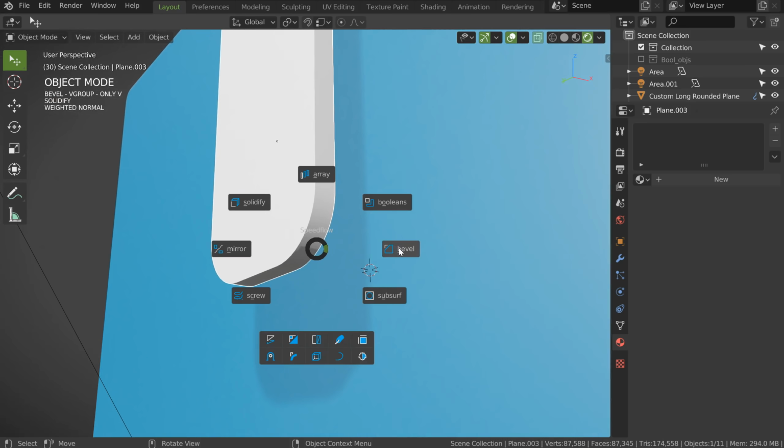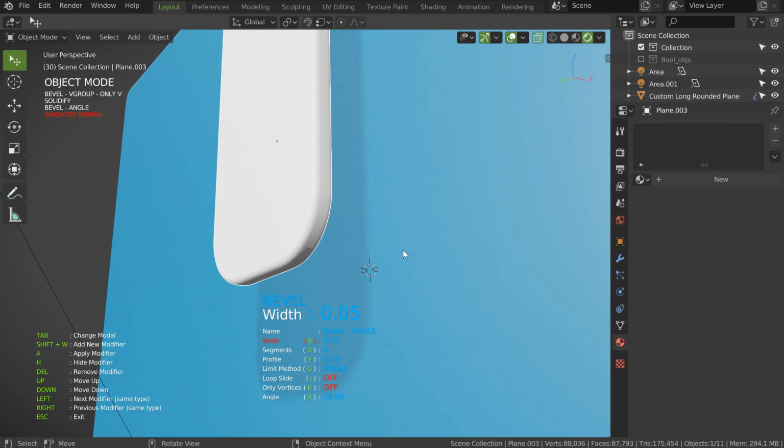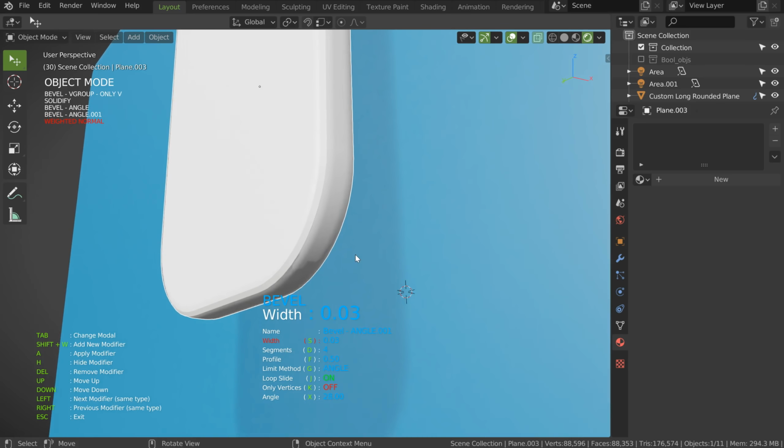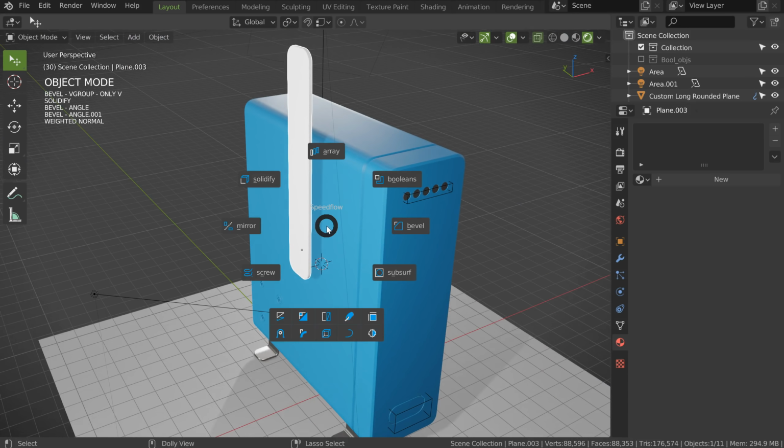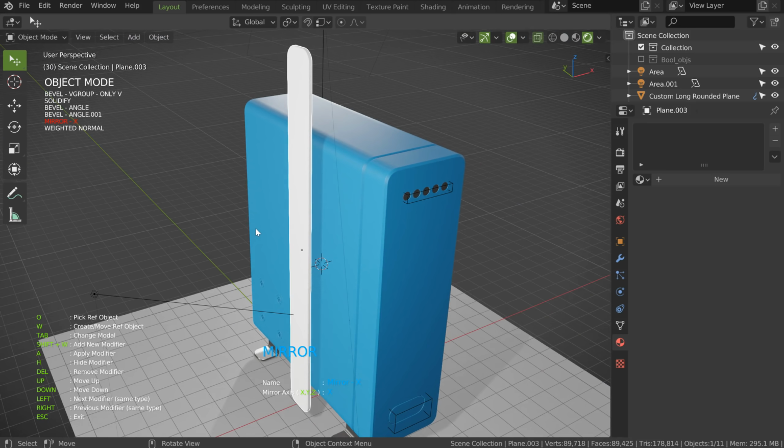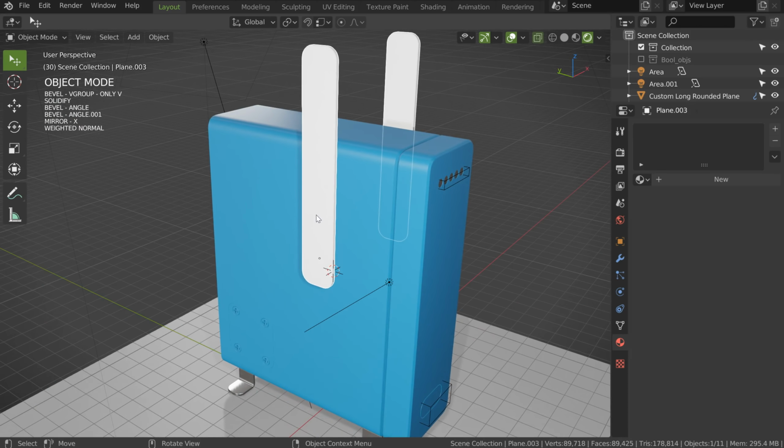I will come back on the bevel, and I will press Shift W to add this, or I can make something like that to follow the other part, just like that, and I will press Shift W. Up. Like that, to add a little one, and that's it. I created this. I can add a mirror. I will press O and click, and that's it. Boom, really fast.